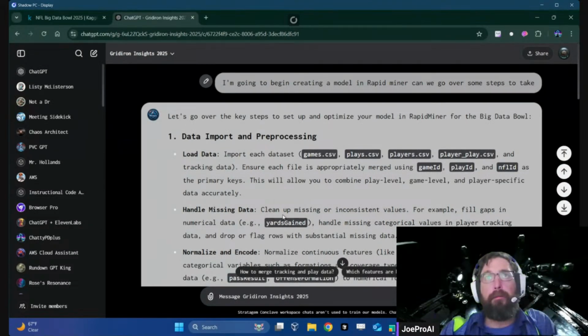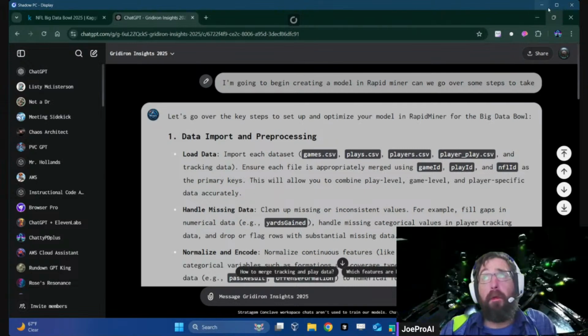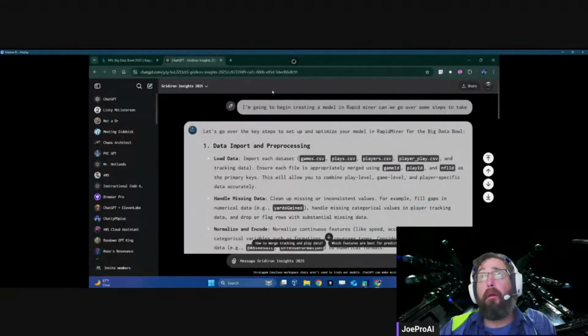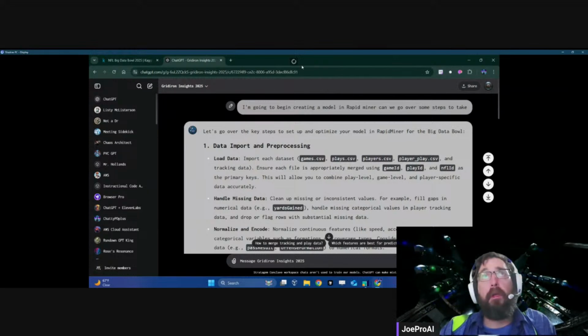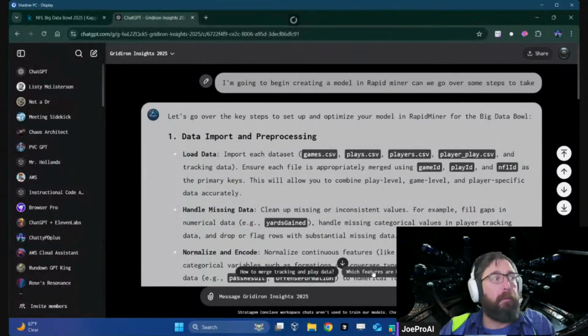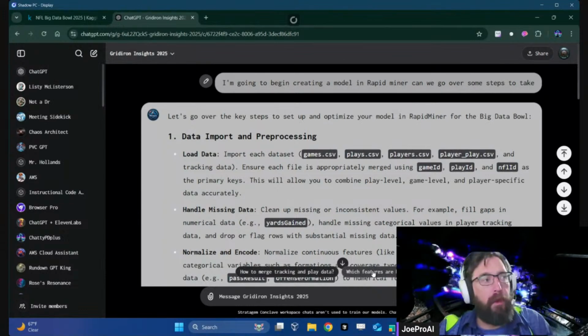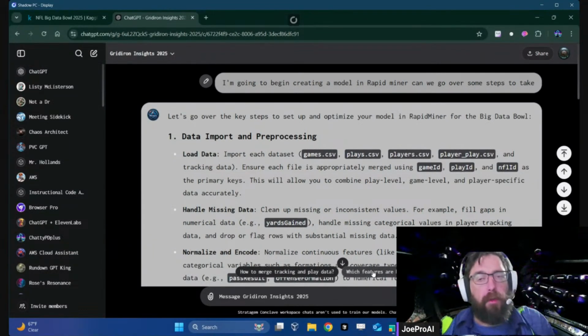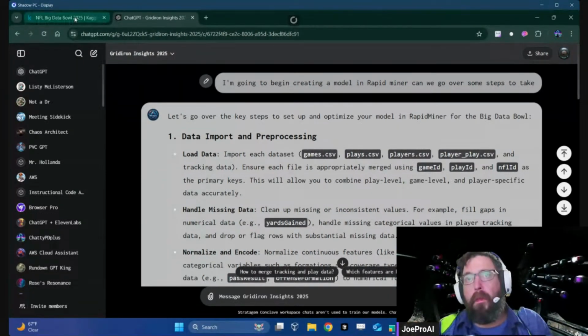I think it gives the information that I'm going to be getting. So I'm going to create a model with RapidMiner here. And then let's see, make this big screen. Come on. All right. Anyway, it's going to be a bunch of messing around, but I'm going to work through this here.